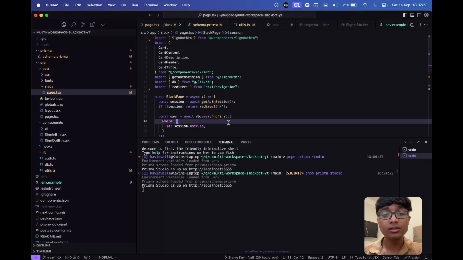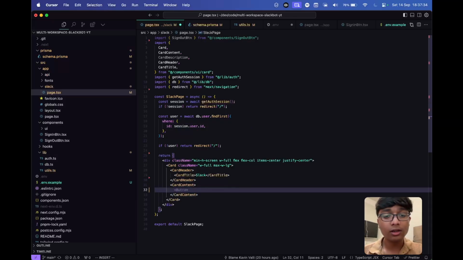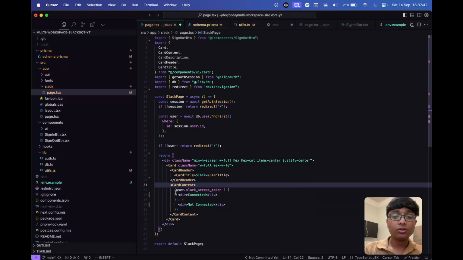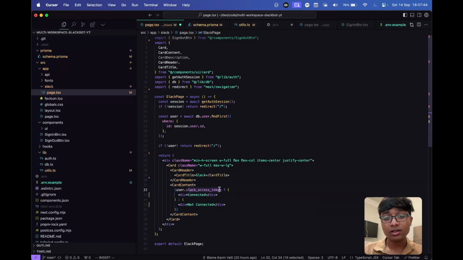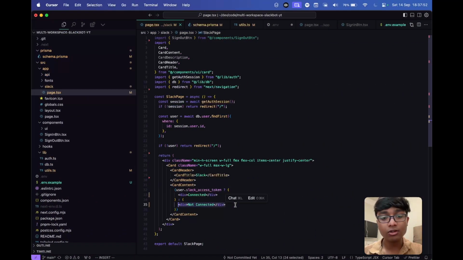Now what we can do is, for connecting the Slack workspace, over here we will first of all, in the card content, check if the particular user has a Slack access token already or not. Yep, so this is what we want. If the Slack access token does exist, that means Slack is already connected, else not connected. So now it should show not connected, and if it's not connected, we should be able to show a button